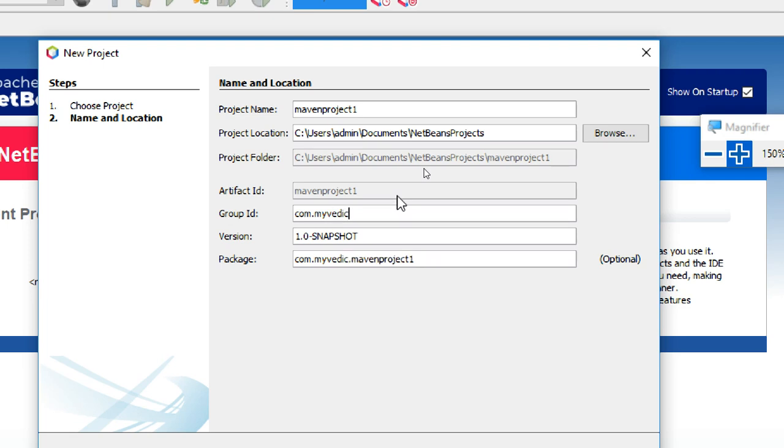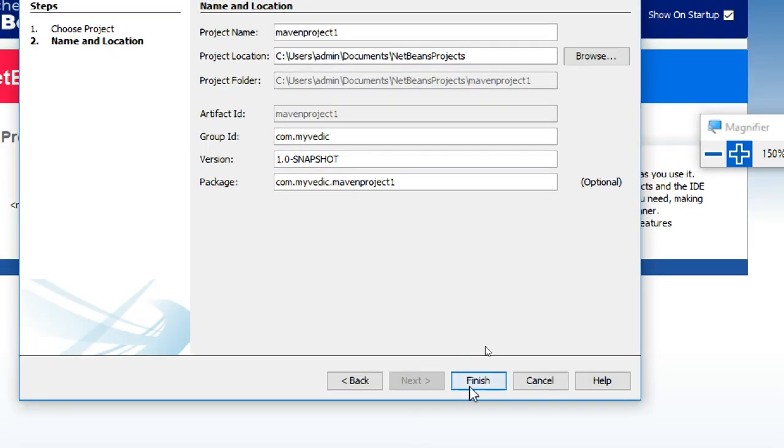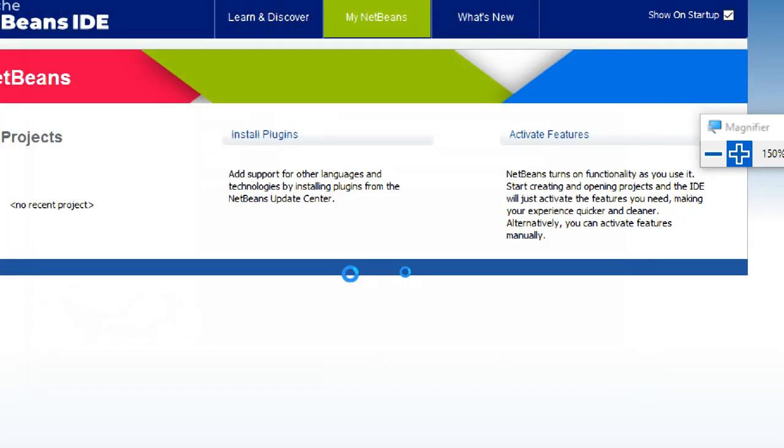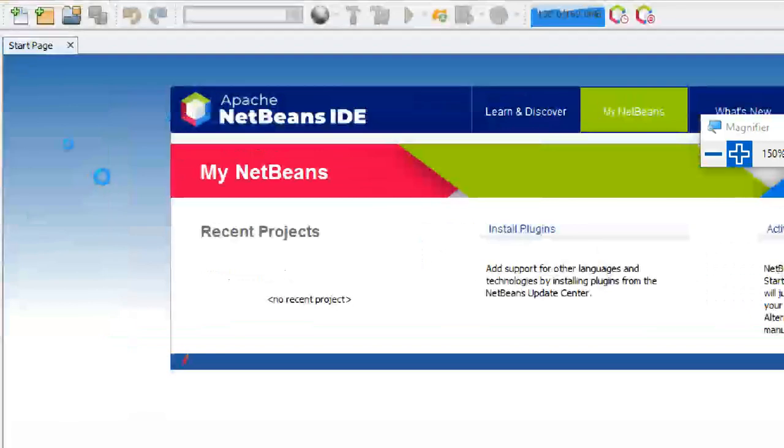Okay. The package name is already showing like this, and the version is the first version, 1.0-SNAPSHOT. Otherwise you can change it to 1.0 only, or a version number like that. Some name you can put, and this is the location where you will put it, Documents. I am just creating a Maven project. Actually it is better to create with Ant if you want to do basic programming things, like basically if you want to start Java.